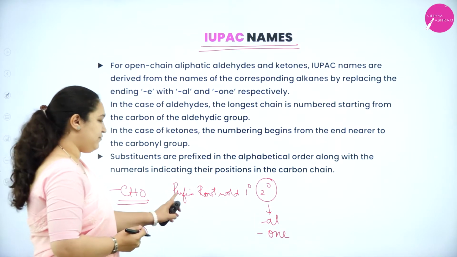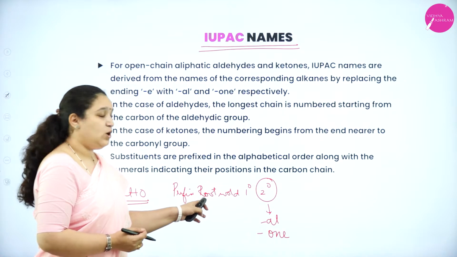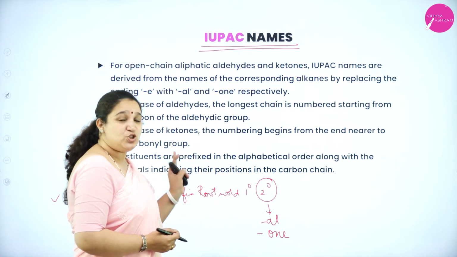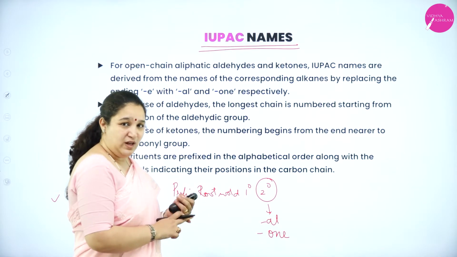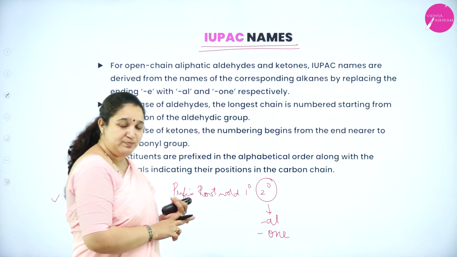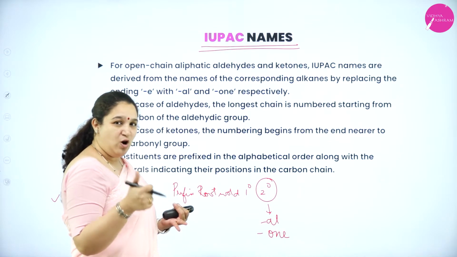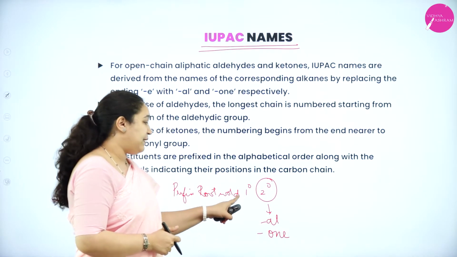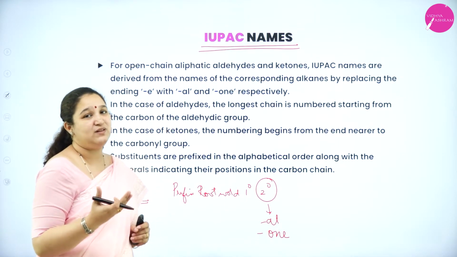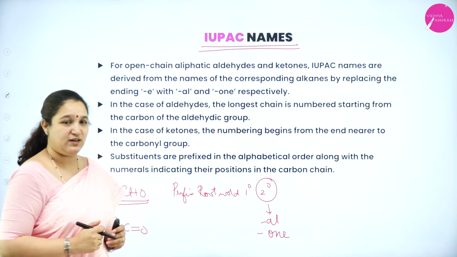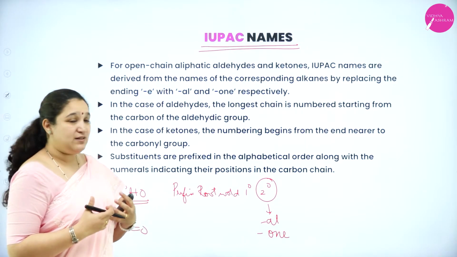Prefixes, if any substituent is there. The root word gives us the number of carbon atoms, and the longest chain should contain the carbon atom of the aldehyde or ketone, and the lowest possible number should go to the carbon atom of the functional group. The primary suffix will tell us whether there is a carbon-carbon double bond, single bond or triple bond present, isn't it? So these are the methods of naming.